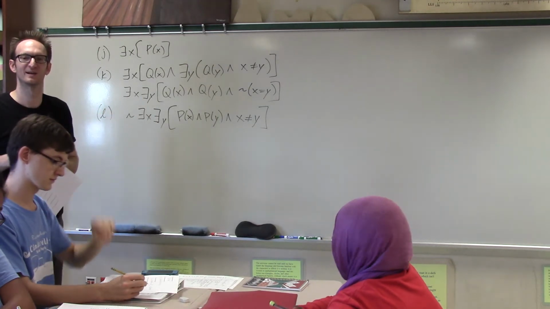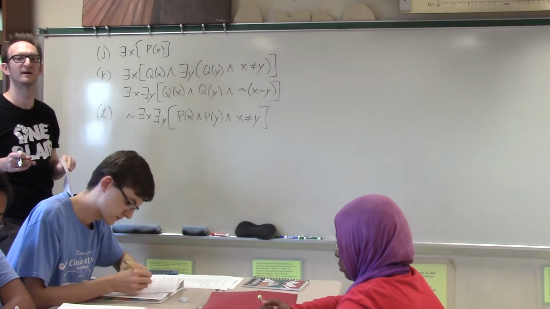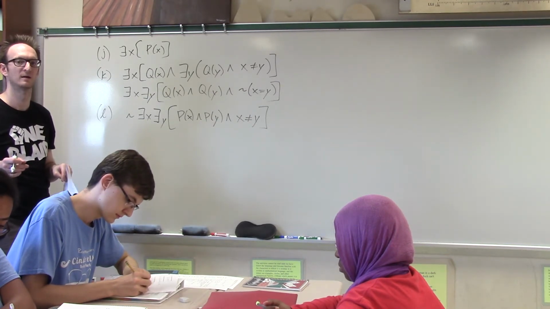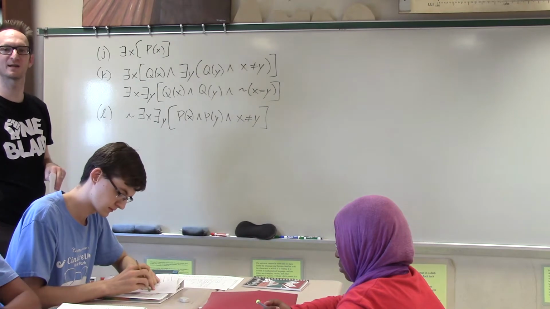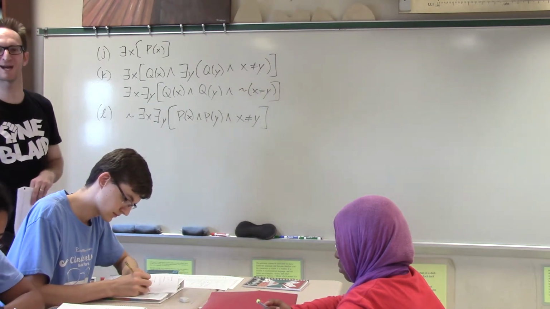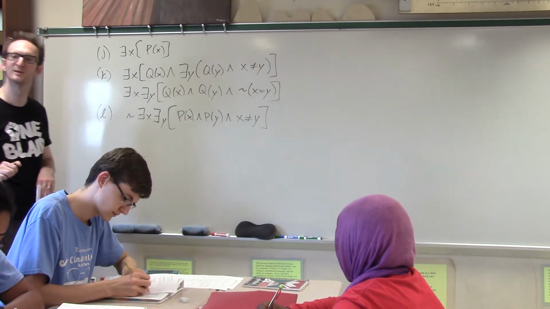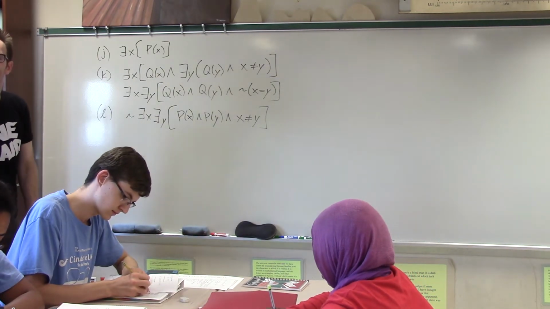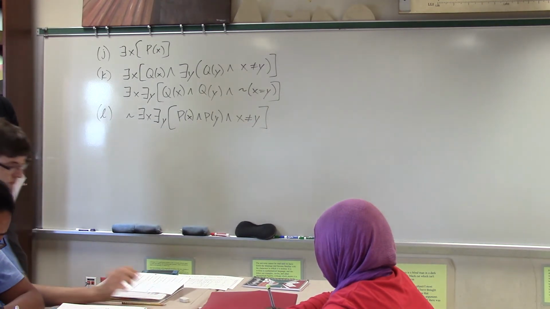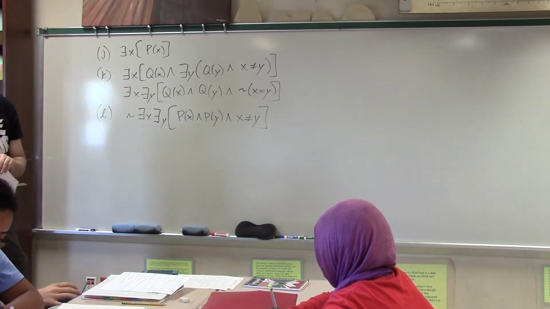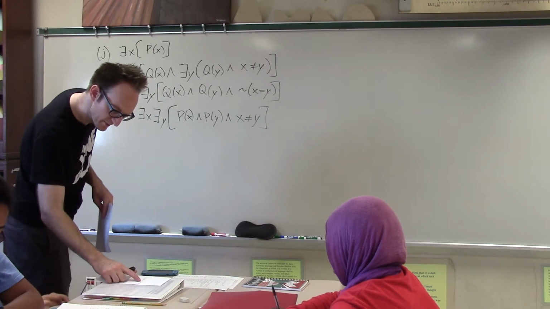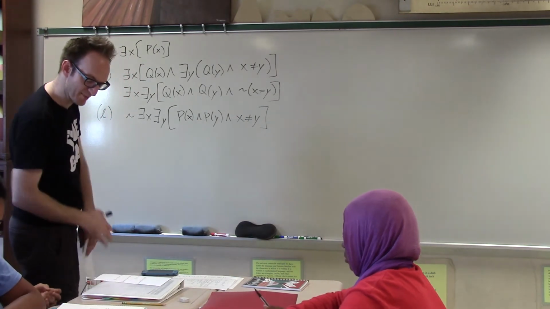Another one, Grace. For all x, if p of x implies for all y, x equals y implies not. Can you give me the pseudocode way of doing it first, because I can't follow all these brackets? Translate it. Okay, for all x, p of x implies for all y, if x is not y, then not p of x. So for all x, if x is preppy, then for all y, if x is not preppy, then